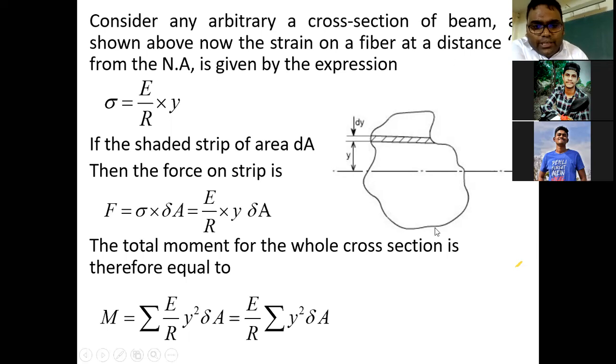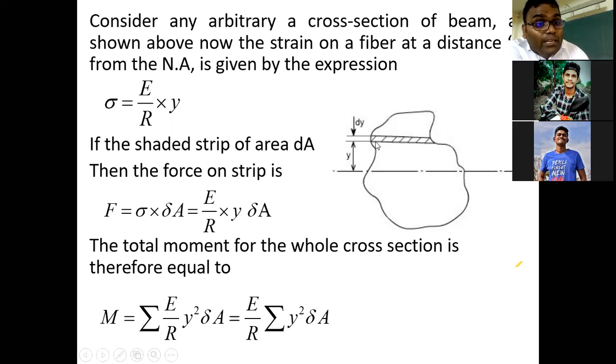So dear student, we have taken an arbitrary area and an elementary strip is taken here. This elementary strip we have taken, and we assume that the area of this elementary strip is del A. I have written d A here, but downward I have taken del A, d A or del A, no problem. So the area of this elementary strip is del A.